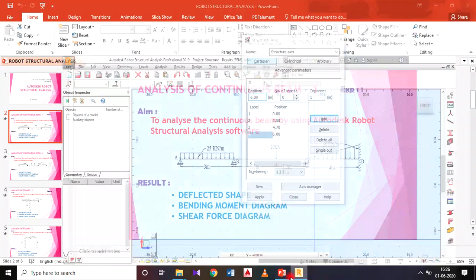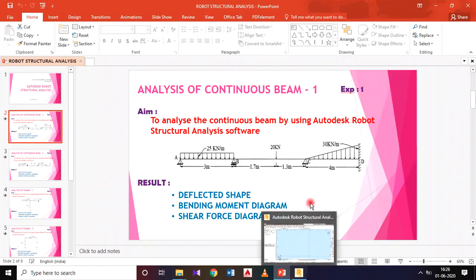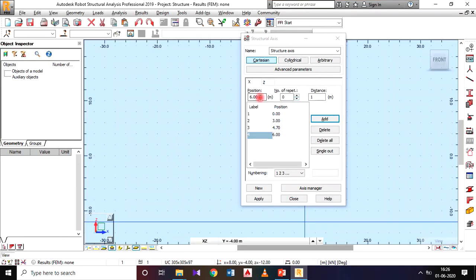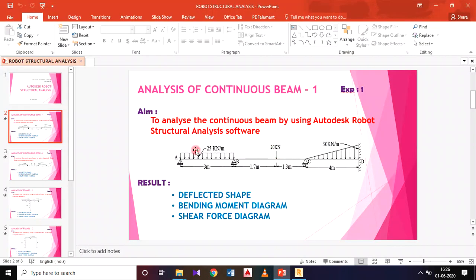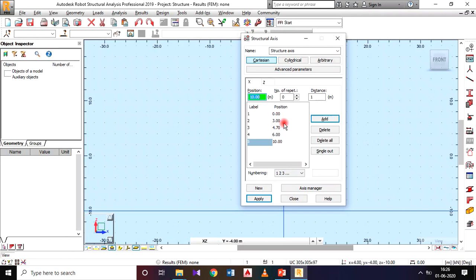After that 4 meter, 4 means 6 plus 4, 10 meter, 10 add. Okay, so just observe once again, in our continuous beam, x-axis is 0, 3 plus 1.7, 4.7 means plus 1.3, nothing but 6, plus 4, nothing but 10: 0, 3, 4.7, 6 and 10.